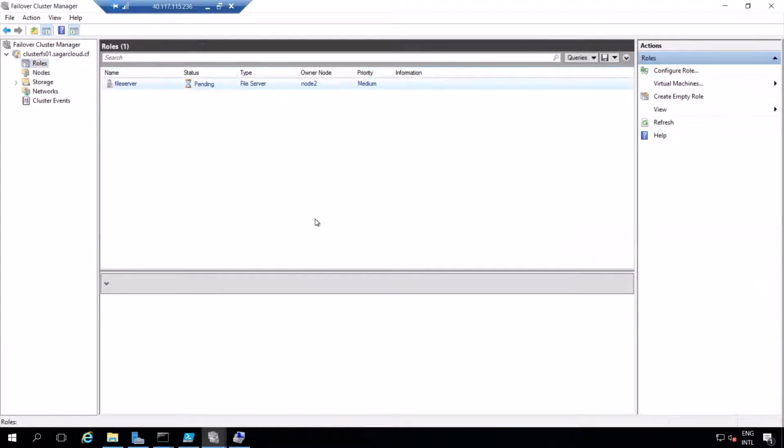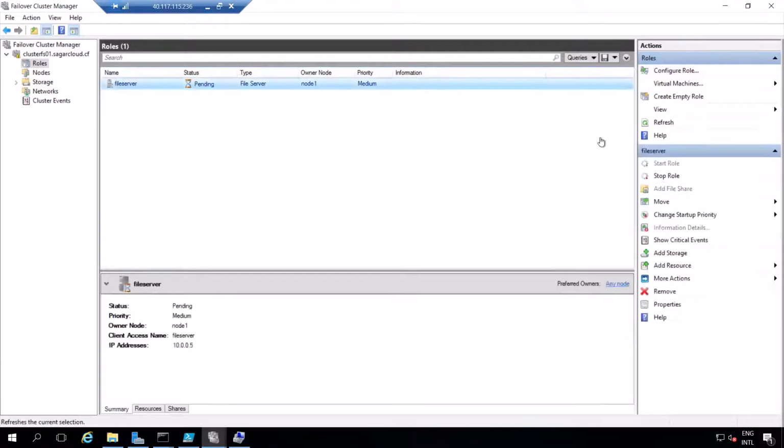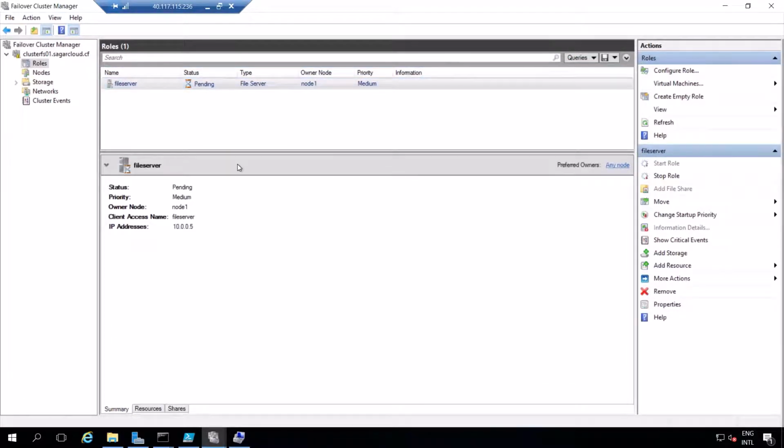Okay, now let me see the IP address of this. I think I will give some time to get it complete. Once it is complete, then I can show you the IP address. So click on refresh. Okay, I think it is getting completed. Okay, fine. It is failed. Why did it fail? Do you know? Because again this role has also taken the IP of your VM node 1. That's why it failed.